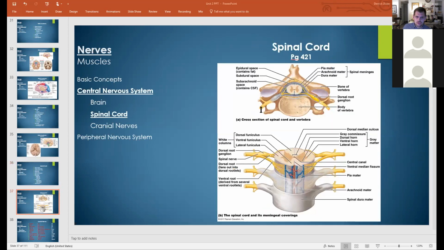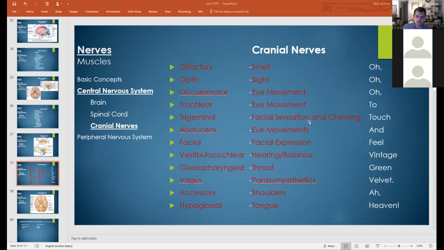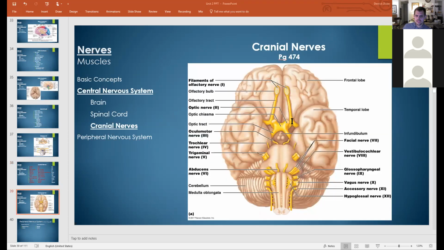Okay, your spinal cord cross section. Here's your spinal cord cross section. All right, pretty straightforward. All right, cranial nerves. Know your cranial nerves. And as far as the anatomy goes, now I want to show you a little trick